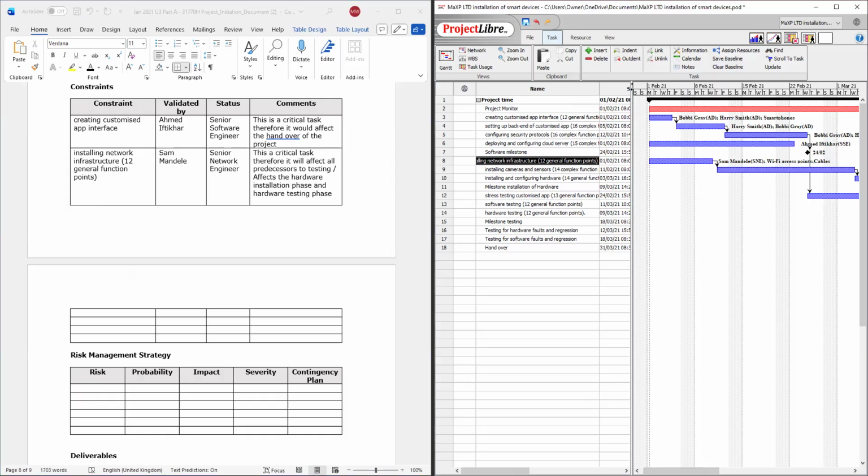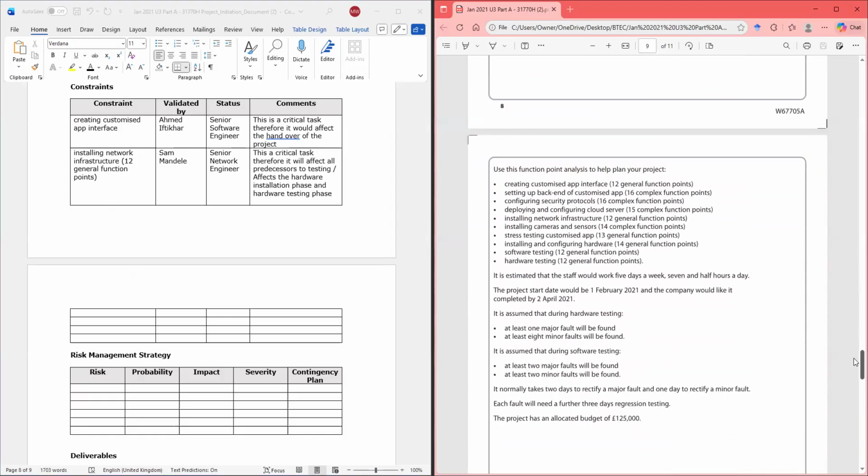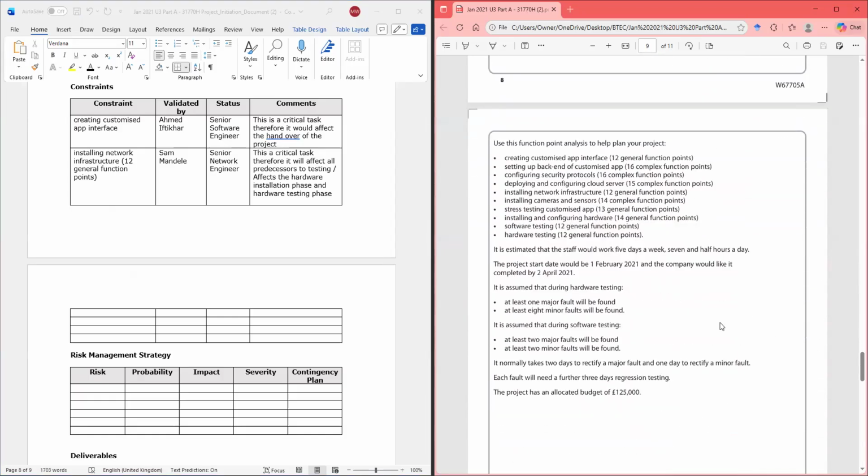So let's go back down here, and we're going to look at, we could even use this: installation of camera will affect security. So let's say we use installation of camera and sensors.